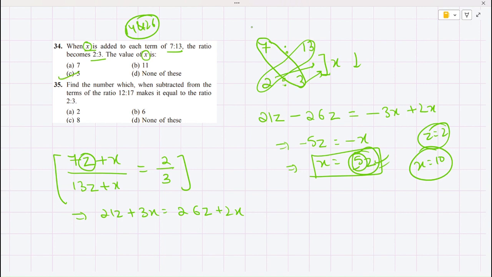Then next question, if we focus upon, find the number which when subtracted from the terms of the ratio, that is, a number which we subtract from the terms, find that number which, when we subtract it from these two numbers, makes it equal to the ratio of this. So when we subtract this number from both terms of the ratio, then it will give us the ratio 2:3. So first, if we try to do this by options, what happens is,